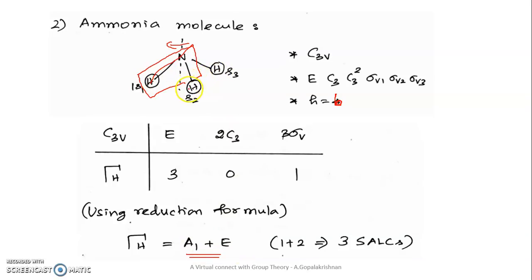Listen, I repeat once again. Before forming molecular orbitals, the surrounding atoms form group orbitals. How are group orbitals formed? By means of symmetry adapted linear combination. So we need to find out what are all the symmetry species which form the SaLCs. For this we have to carry out like this, and we found out that A1 and E, these 2 symmetry species form the SaLCs.